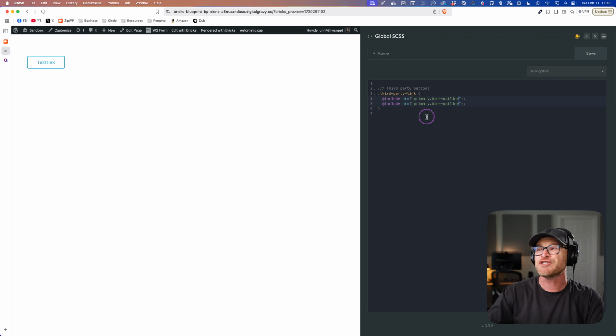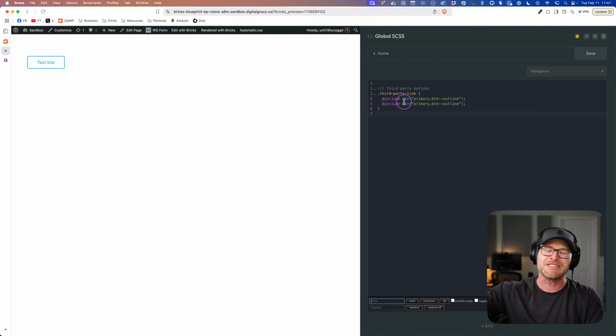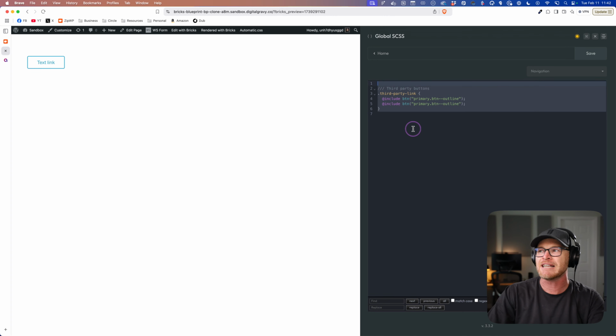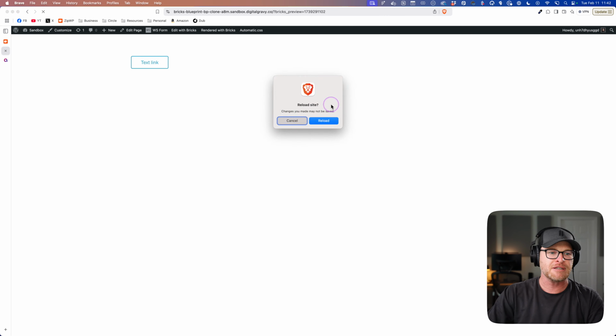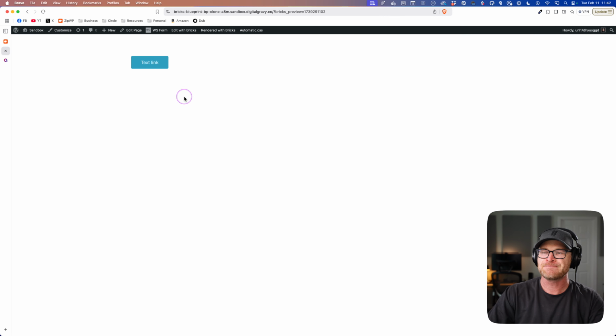So you have multi-cursor editing, you have find and replace, you have all of these features. I hit Command F, I can find, replace, I can do a lot of this stuff that you would be doing in VS Code, for example. This is a real CSS authoring experience, not this nonsense that's going on in the Brick CSS. That's a glorified text area input, right? You want real CSS authoring when you're doing this kind of work. All right, so there's some additional superpowers.